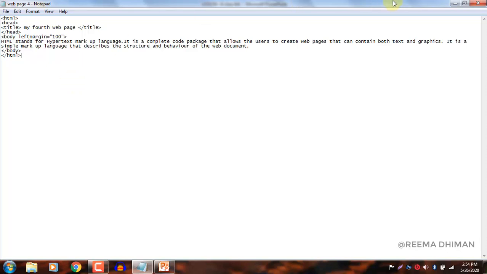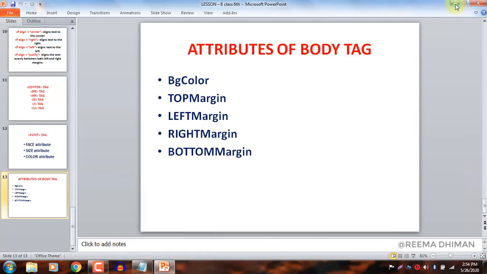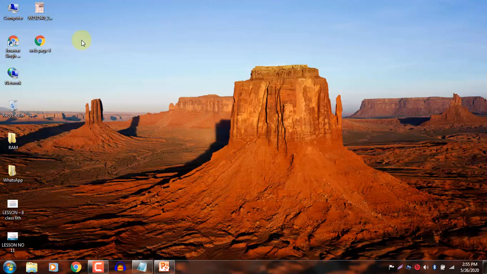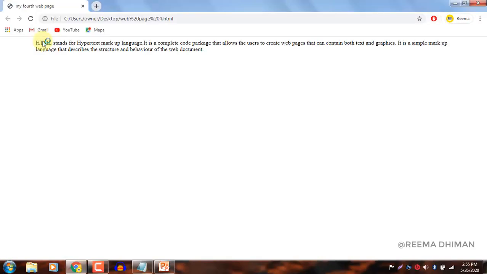Press Ctrl plus S and open your web page. As you can see, now the space is left from the left side, as we chose the left margin attribute.